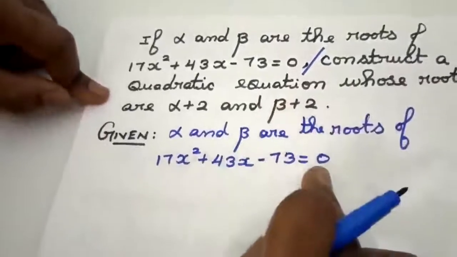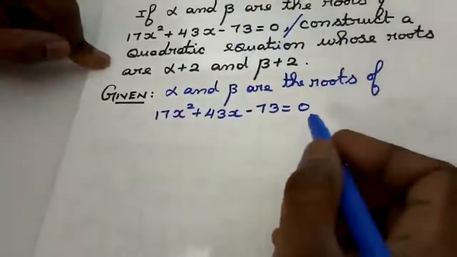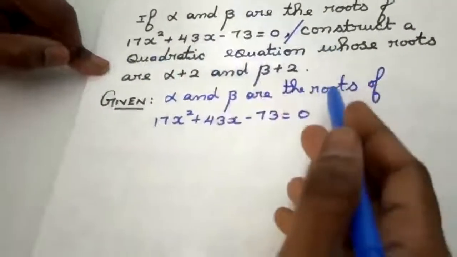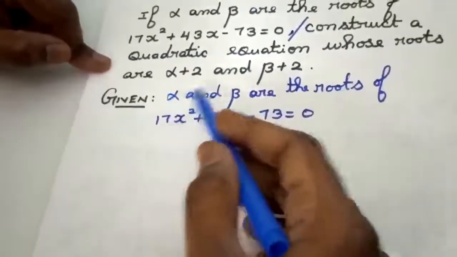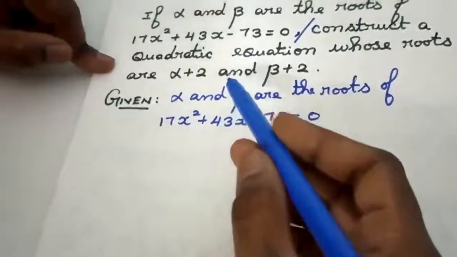This is a quadratic equation, and definitely I am going to get two answers. I am not solving for the answers, but they are telling us those two answers are alpha and beta. Those answers are called roots. They are telling it as alpha and beta. And what is the concept we saw in the quadratic equation? Sum of roots and product of roots.